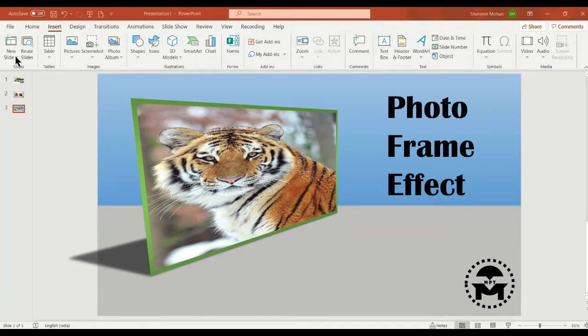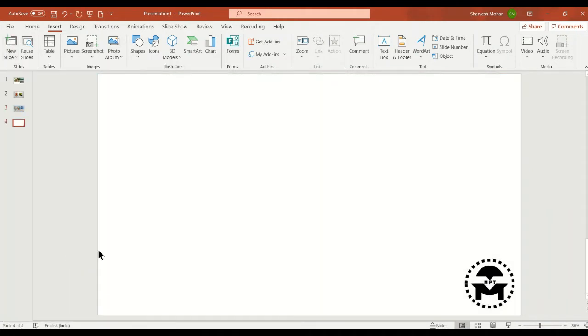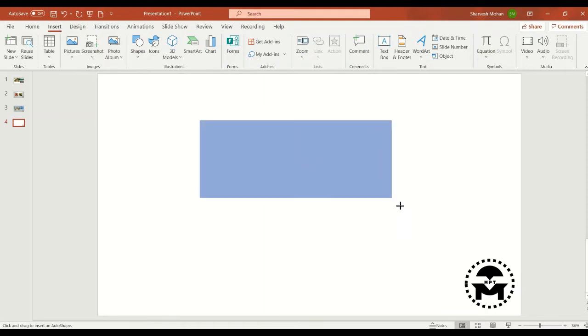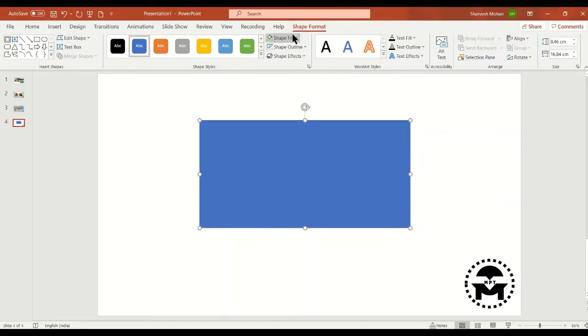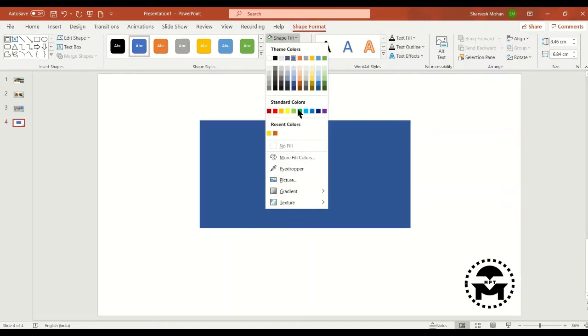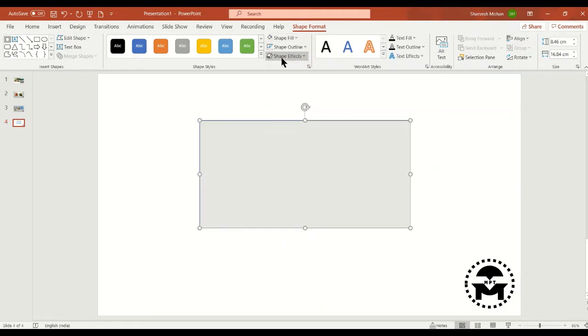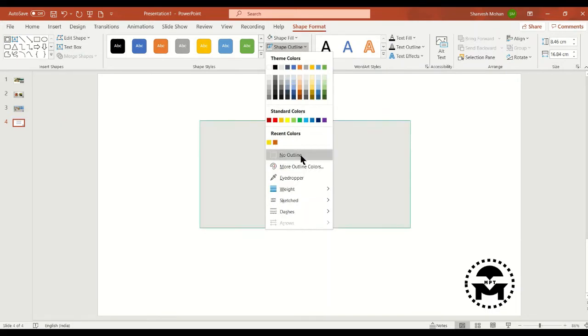Click on New Slide. Go to Shape. Select a rectangle and draw a rectangle like this. Go to Format Shape. Change this color. Go to Outline.